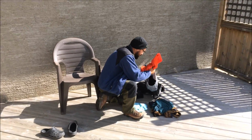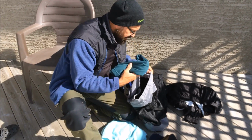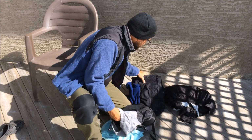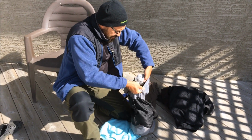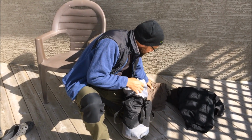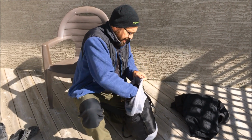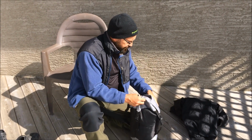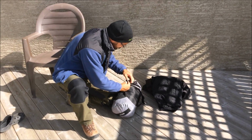So in my compression sack, my t-shirt, my second daytime t-shirt, my nighttime t-shirt, my nighttime pants, spare underwear, spare socks. In this case, I'm going to throw this towel in there, and the two-way pants, and the sweatshirt and the long sleeve fleece. So if I zip it up, actually this compression bag is too big for this one. I need a smaller compression bag, but let me